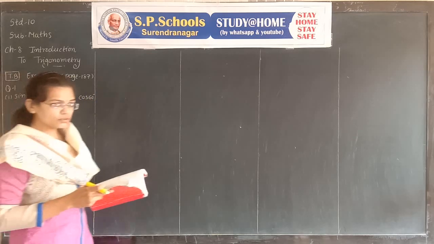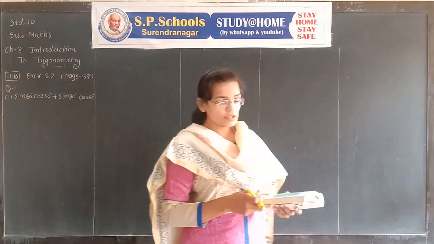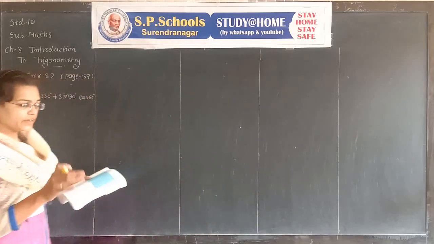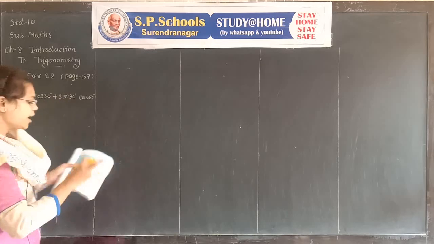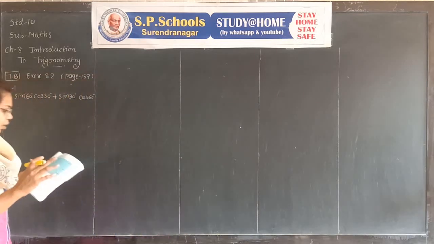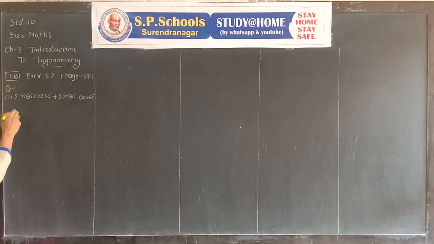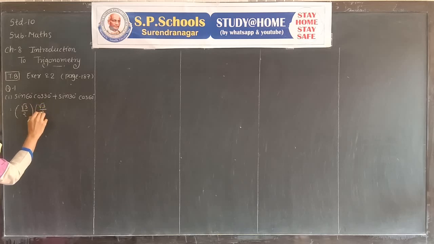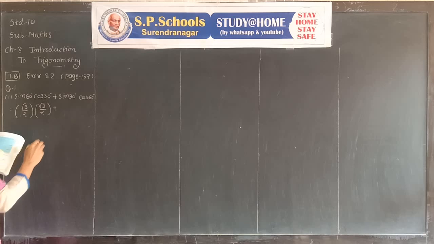0, 30, 45, 60 and 90 are some specific angles. We have to substitute the values of sin 60, cos 30, sin 30 and cos 60 from the table on page number 185 in your textbook. Sin 60 is root 3 upon 2, cos 30 is again root 3 upon 2, plus sin 30 is 1 upon 2